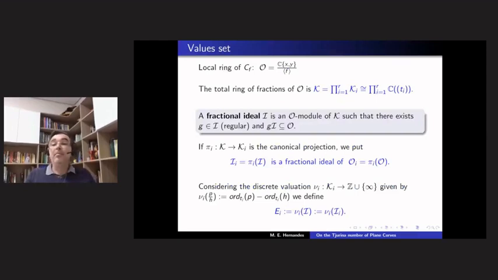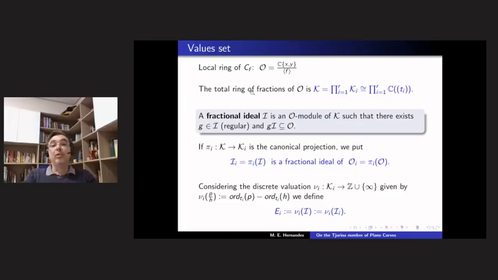Another important object associated to a plane curve singularity, or to the local ring of a plane curve, is the value set of the local ring and the fractional ideal. As the local ring of a curve is a one-dimensional ring,